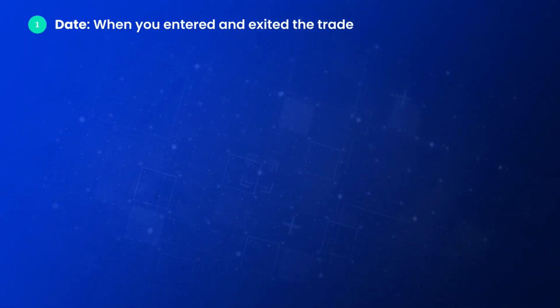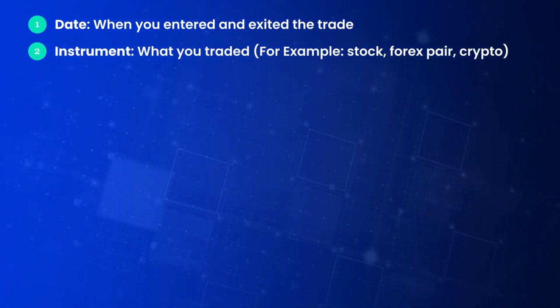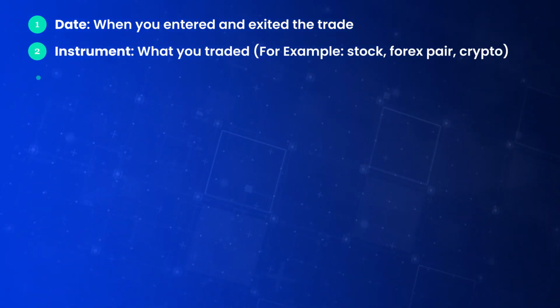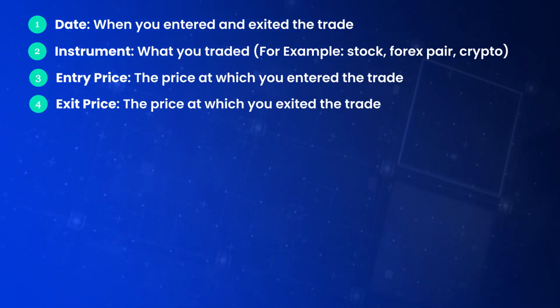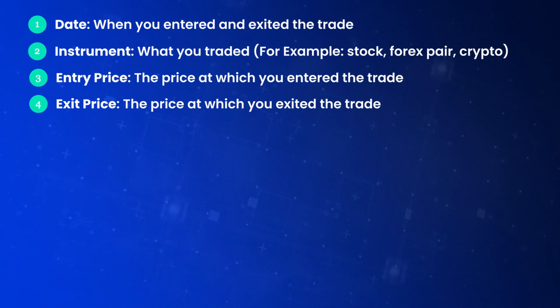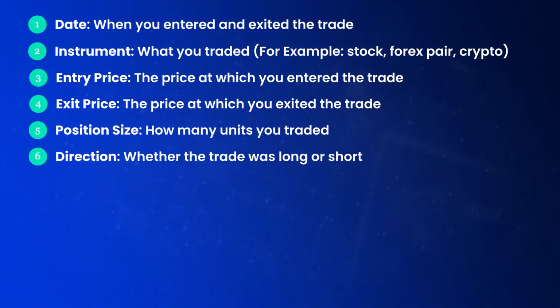Then you need to set up its basic structure. Your trading journal should have sections for each trade you make. At a minimum, include the following columns: date, when you entered and exited the trade; instrument, what you traded, for example, stock, forex pair, or crypto; entry price, the price at which you entered the trade; exit price, the price at which you exited the trade; the position size, how many units you traded; the direction, whether the trade was